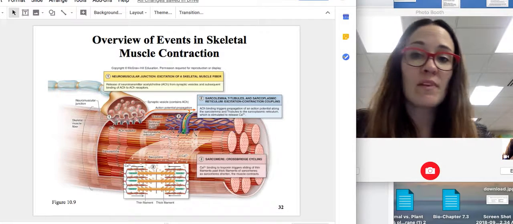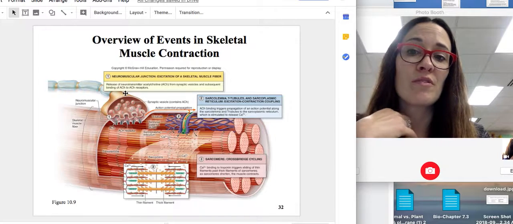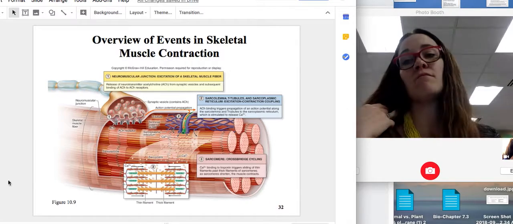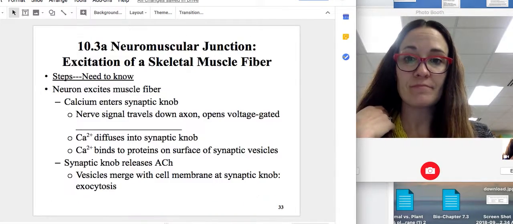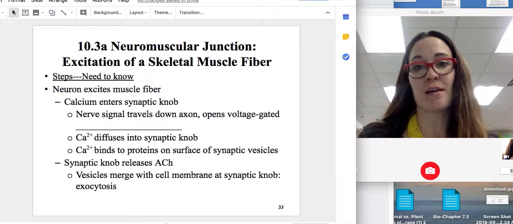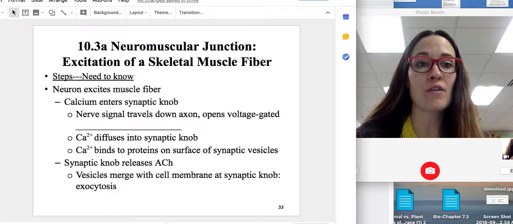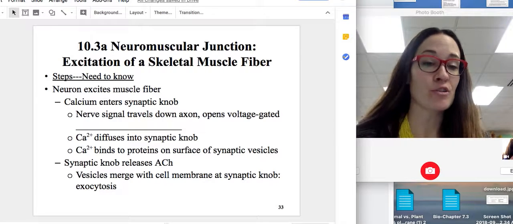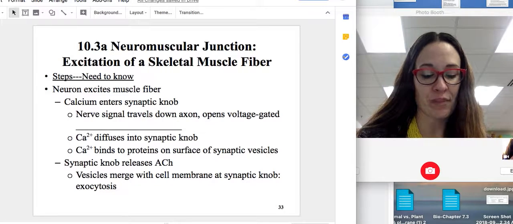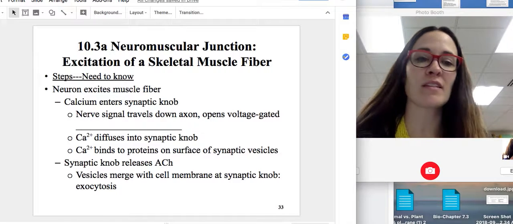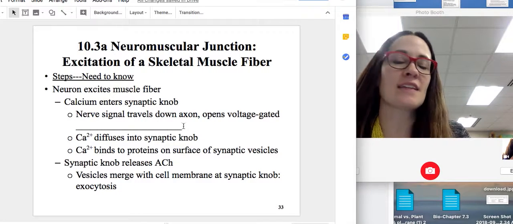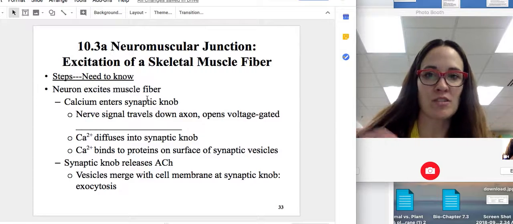So here, we've looked at this picture before. We drew out where a neuron meets a muscle cell. And you need to know these steps, okay? There's a lot of little pieces that are happening, but the overall, how does a muscle fiber contract, is a big process with many little steps. So the neuron has to excite that muscle fiber. Calcium goes in